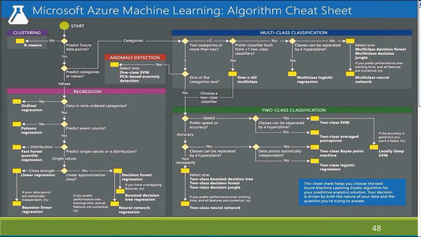So what are we predicting? Are we predicting categories or values? Categories, right? So it's a category. That's why I rephrased the problem very clearly, wanted everybody to be on the same page. So happy, unhappy, right? So there's a category. We move to categories, so we go to classification. How many categories? Two? Do you agree? So happy and unhappy. So we move to the two-class classification. That's where we landed.